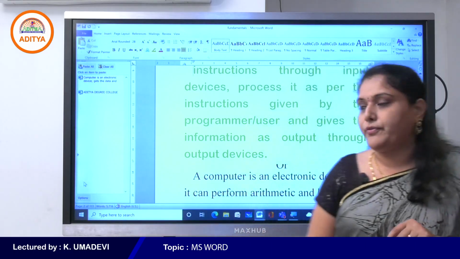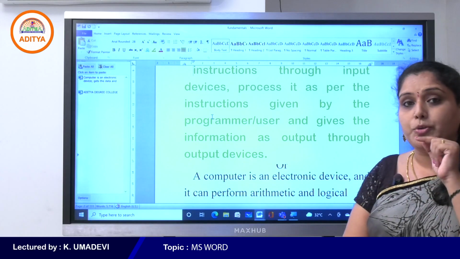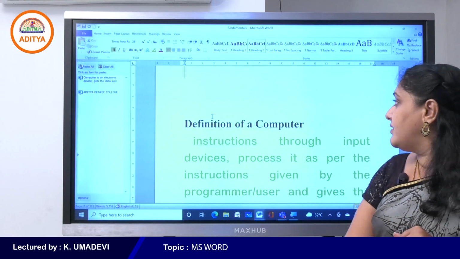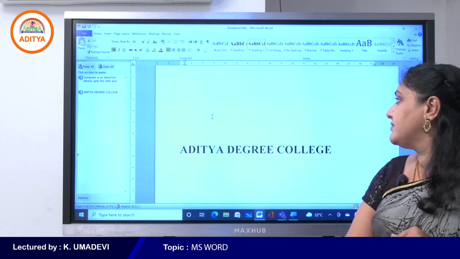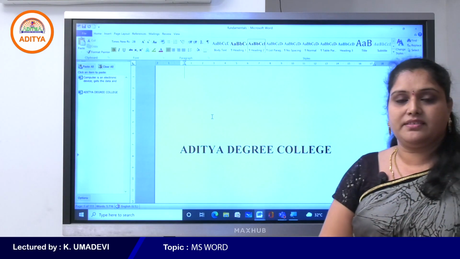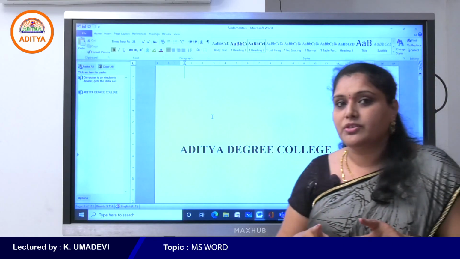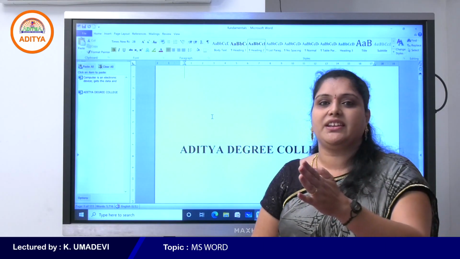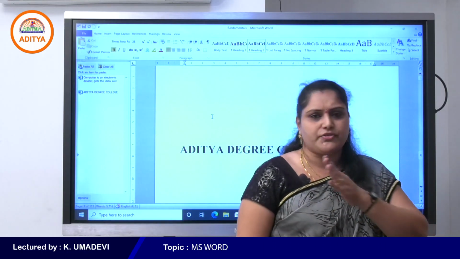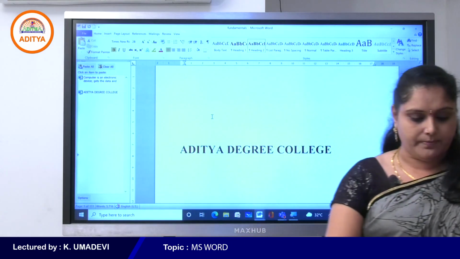Now, first fix your cursor position. Here I want to paste this content on the first page of my document. Here I can place my cursor position. Simply use the shortcut key for paste, Control plus V. Control plus X is for cut and Control plus V is for paste.